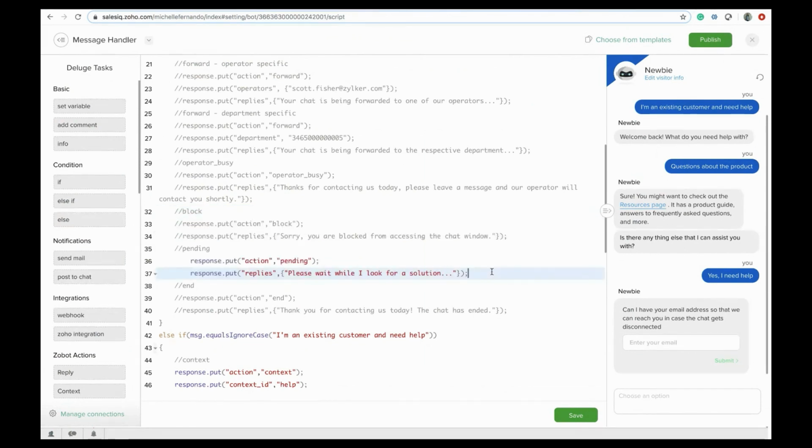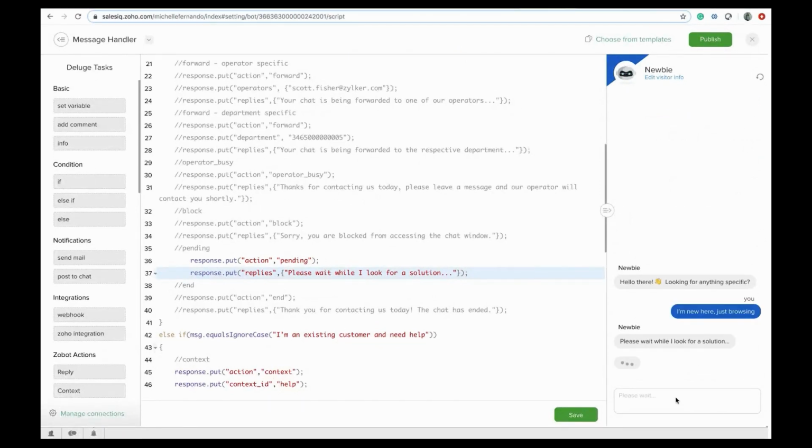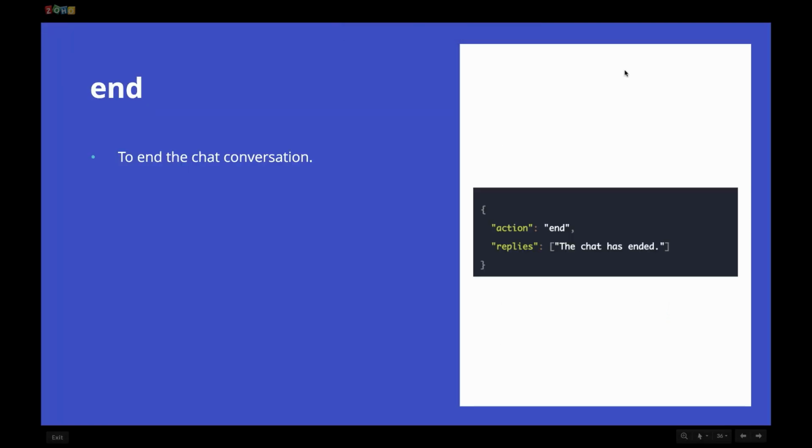So here it is. My action type will be pending, and I'm just going to go ahead and give a reply. All right, so let me just save this. So this is how it will look while the bot is looking for a solution or it's generating a report for the website visitor. And then finally,